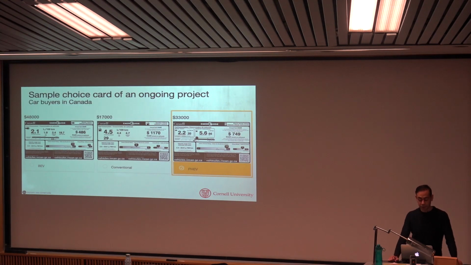This is another example of ongoing work, currently happening in Canada, and I'm interested in how you present environmental information to the potential car buyer and how they react to that kind of information. You may be familiar with the Monroney stickers here in the US, and in Canada they use basically the same, but in French and English because they're bilingual there. It's mostly the same type of label. And then we are trying to see if we should redesign the labels in Canada.